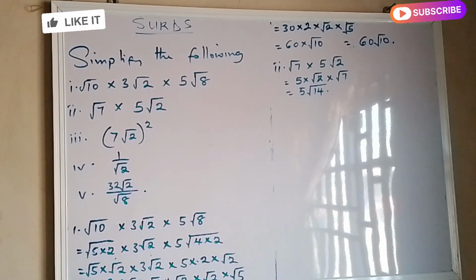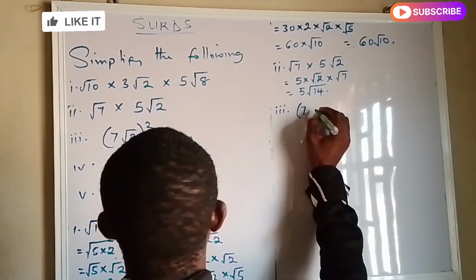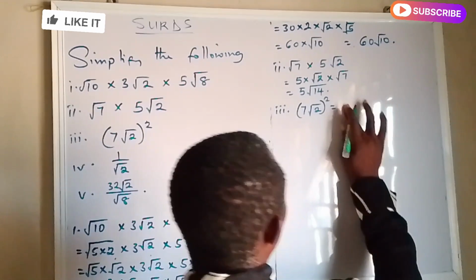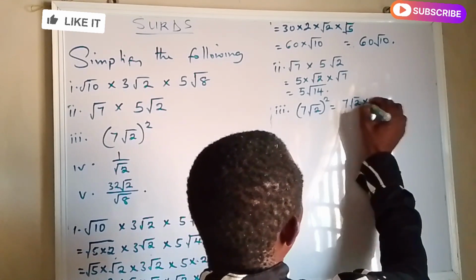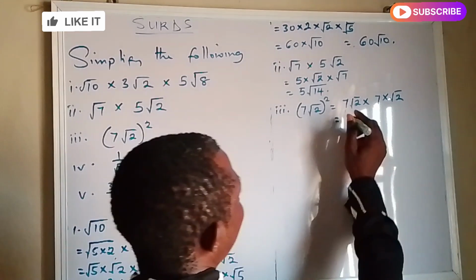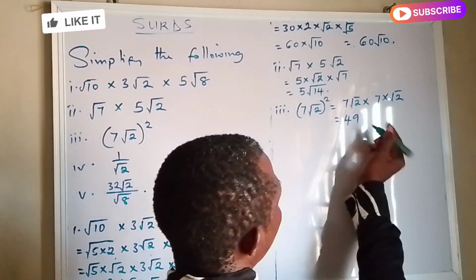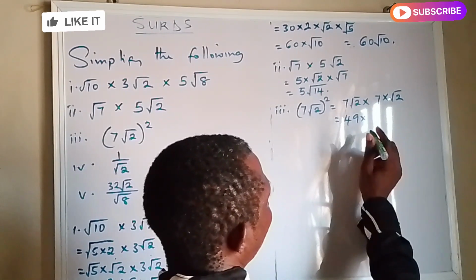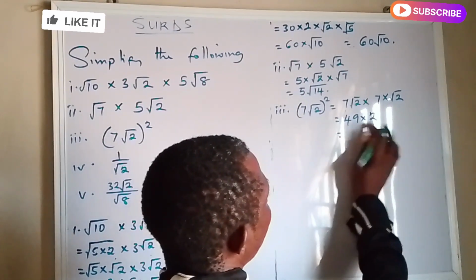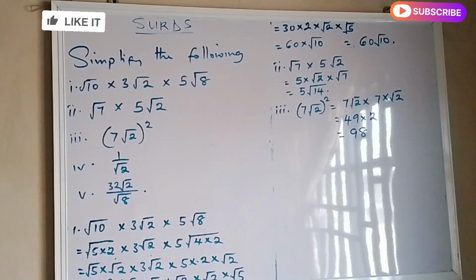Now let's look at the third one. Now the third one is square root of 7 square root of 2 squared. That gives you 7 square root of 2 times 7 square root of 2. So 7 times 7, that's 49. Okay, so 49 times square root of 2 times square root of 2, that gives you 2, because that's square root of 4, and that gives you 2. So when you use this to multiply this, you have 98. So that's the answer to the third one. Let's look at